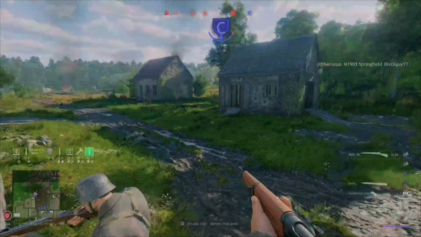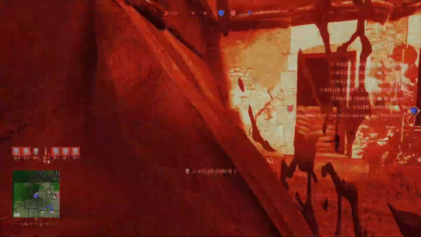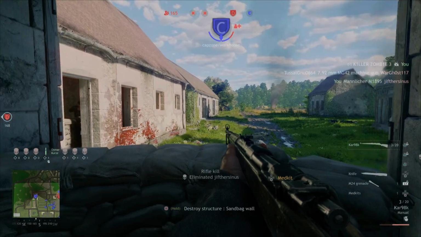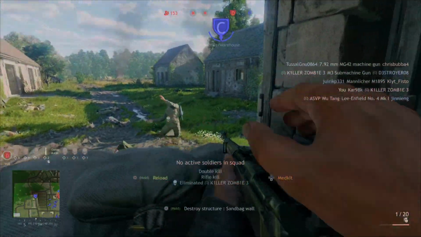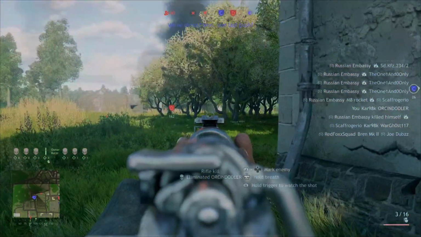I probably should have said this way back at the beginning of the video, but when you are playing defense, as soon as the game starts, call your artillery right in front of the objective, or you can call it in on popular flank routes. This will slow down the enemy's initial rush, and it'll give your team more time to set up their defense,